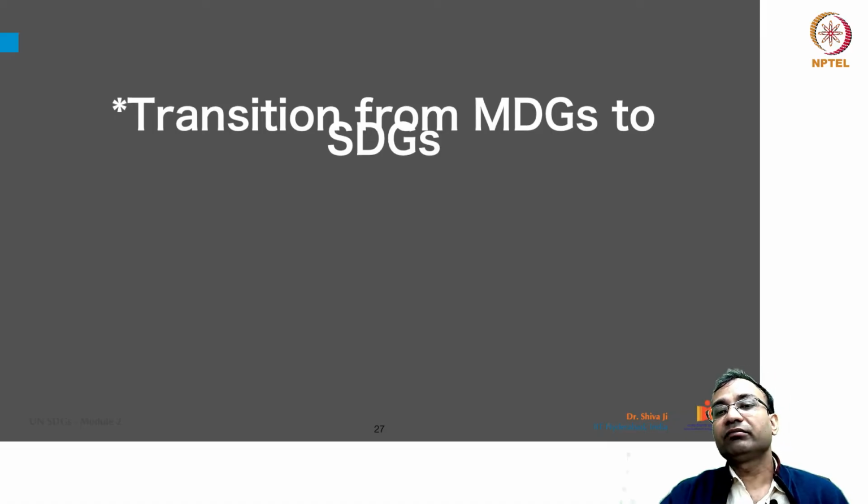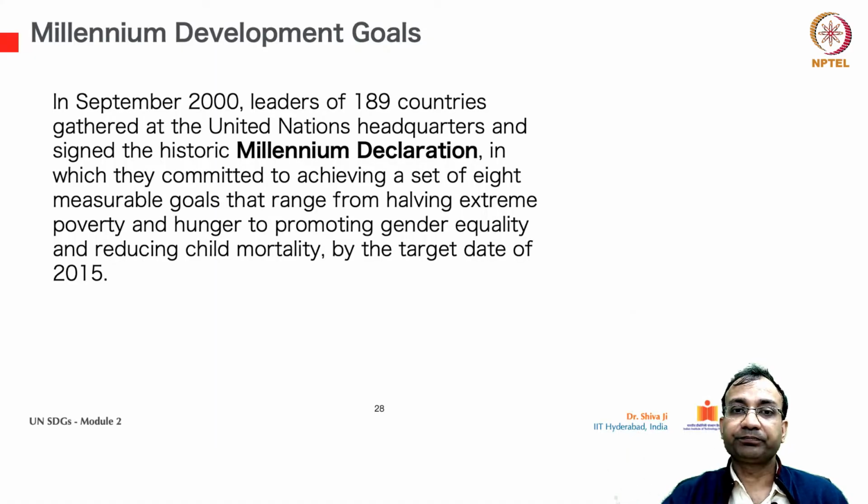Moving on to this next section, the transition from MDGs to the SDGs. Well, Millennium Development Goals. The SDGs we are studying under this course were launched in the year 2015. But even before that, efforts were made, and have been made for the last couple of decades, maybe half a century, or even more than that, in some form. Maybe not exactly in the form we have today, but this has evolved over time, taking cues from all the previous ones. This is why it is essential to look at the previous ones also.